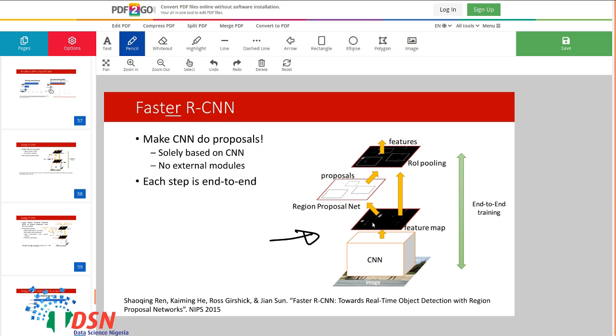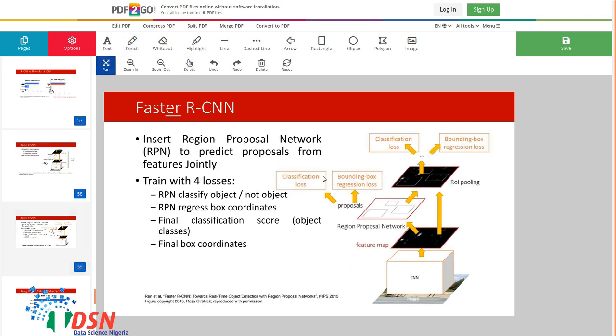Okay, so we have a region proposal network to extract the proposals, and after that we have the same thing for classification and regression loss. So we have a region proposal network to extract region proposals, and after that we have another network to get the object location and the object class. Okay,